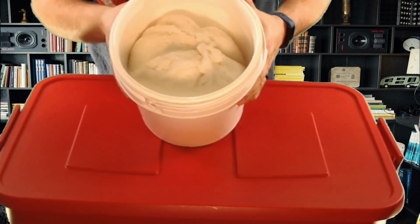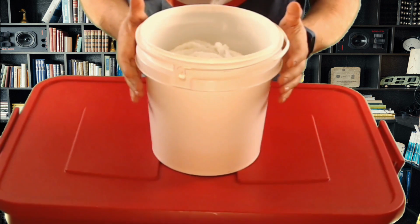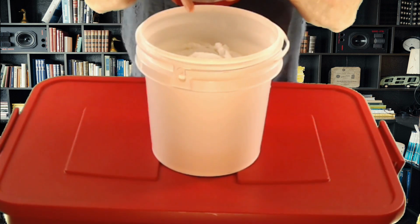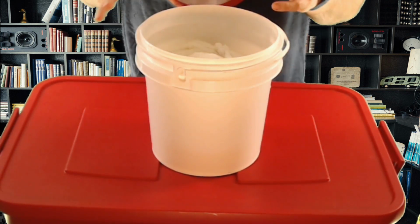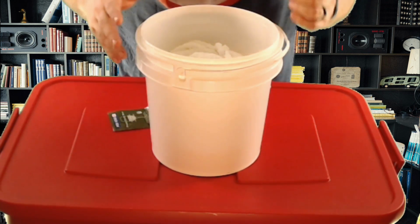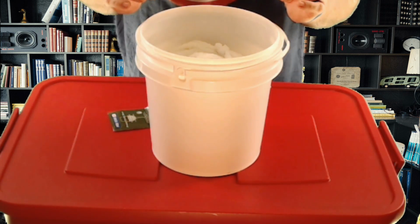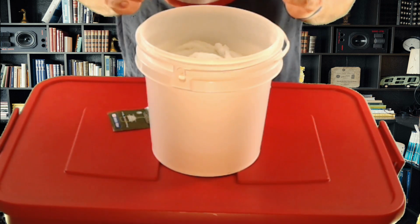So let me show you what it looks like. All right, that's what it looks like so far. I may have to add some more liquid to it, and when it's done fermenting, we need to really press and squeeze to get the water content out of this rice cake. So I took a hydrometer reading, and it's, let's see, 1.07,